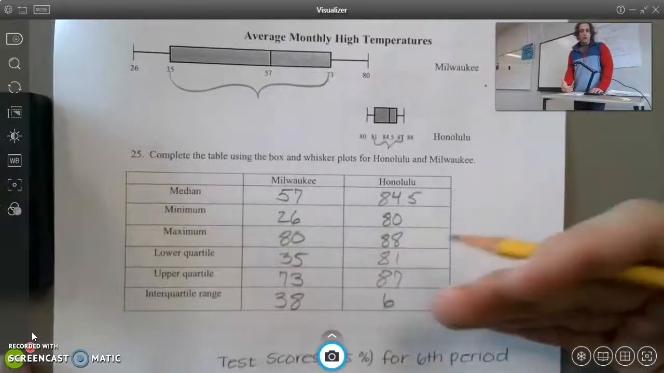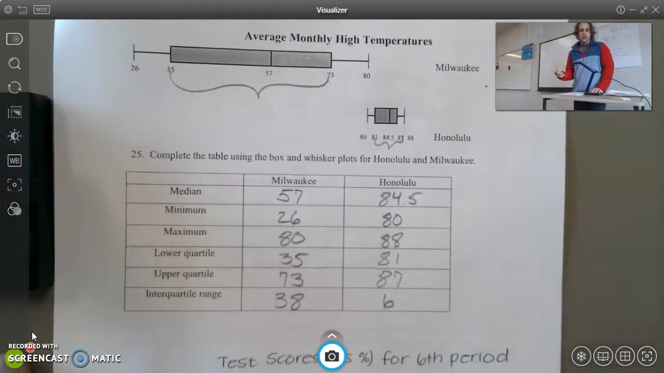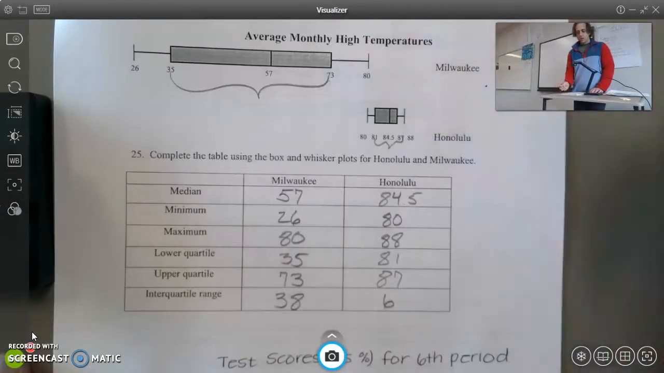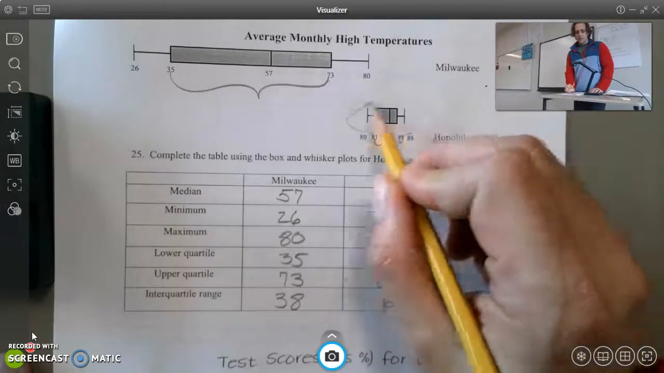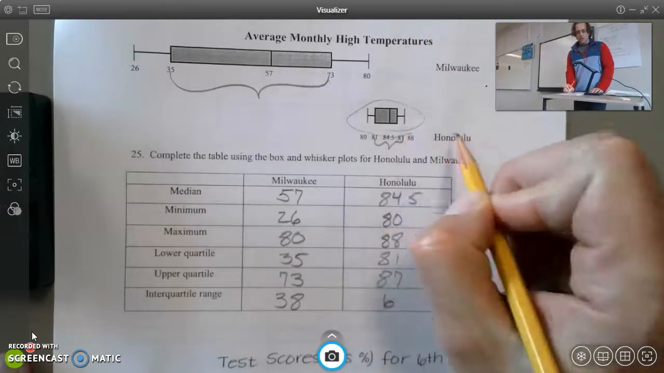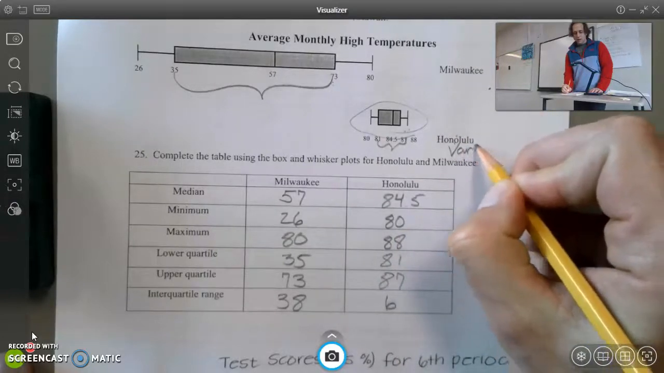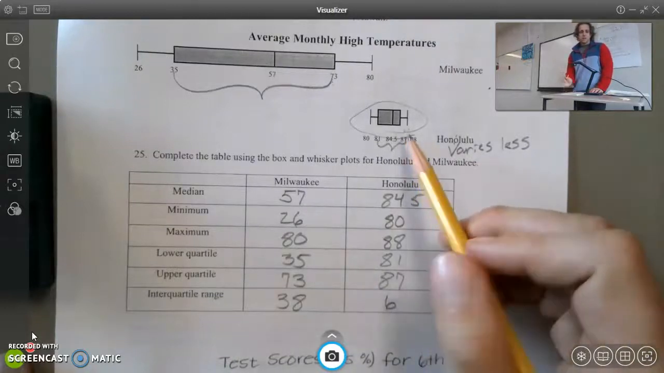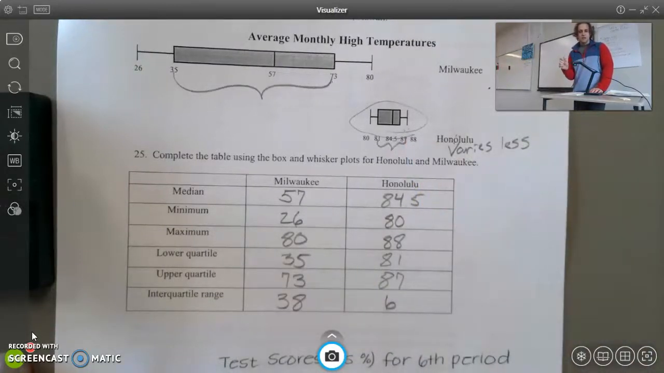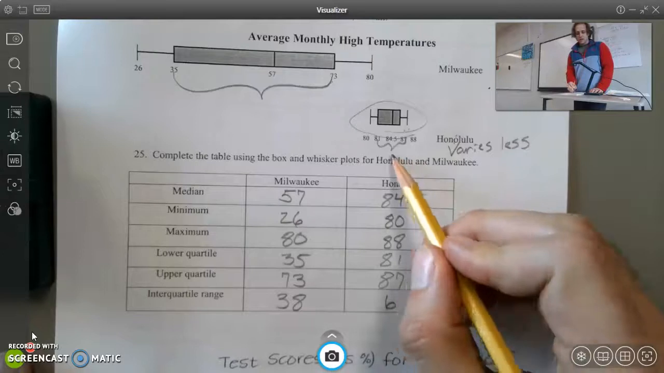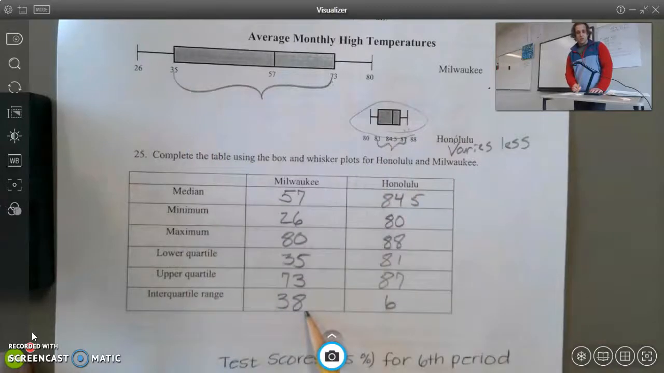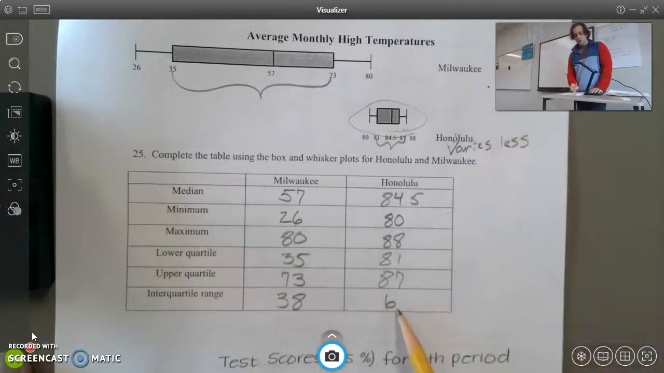So a good question to ask here that you might need to answer is, how would you compare these two box and whisker plots? And what we would say is that it varies less. We would say that Honolulu varies less than Milwaukee. And what we would look at is the interquartile range to see the amount of variation that's happening within these cities. So you want to look at the interquartile range to see the variation. In Milwaukee, 50% of the days fall within a 38-degree window. In Honolulu, 50% of the days fall within